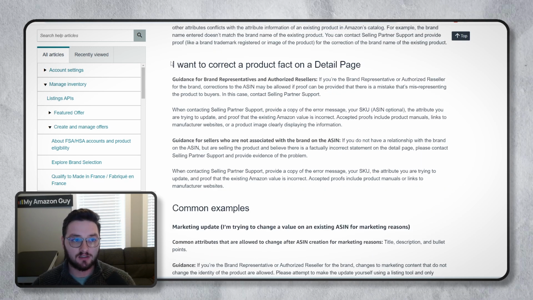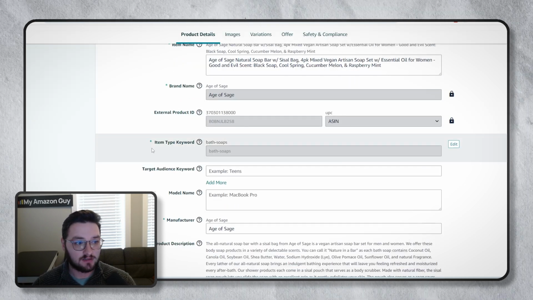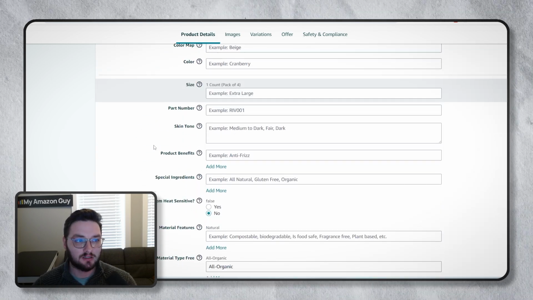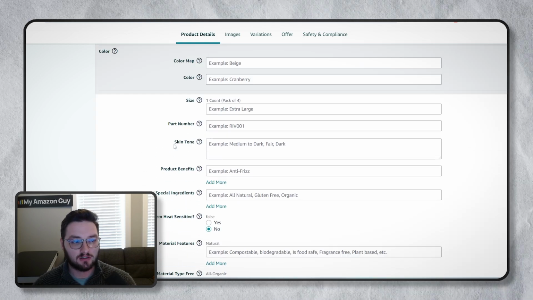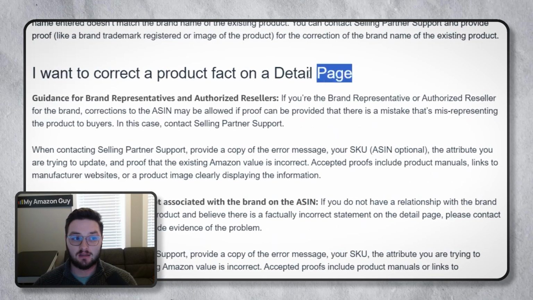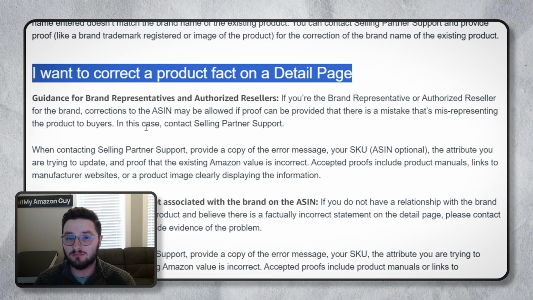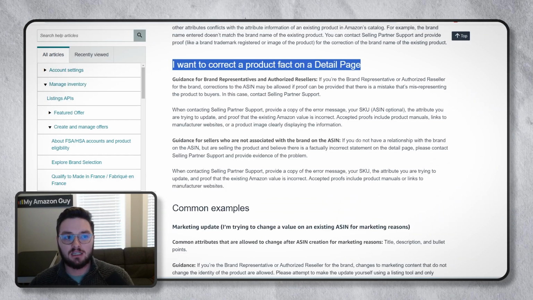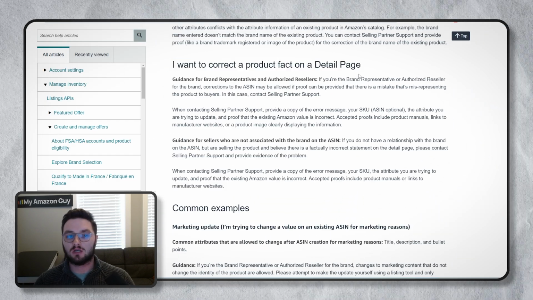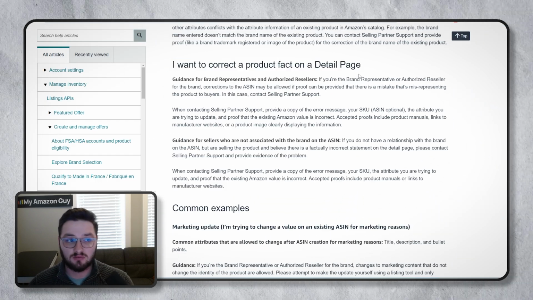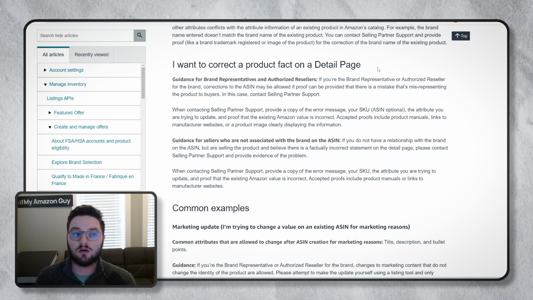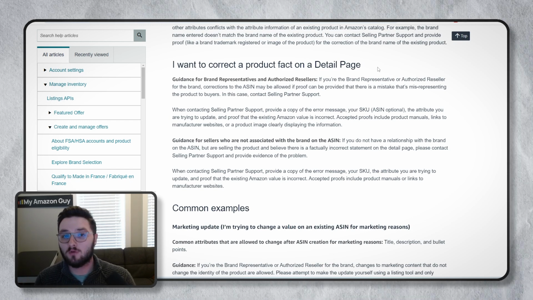Again, we have a few other areas, however, where this can be happening. One being that you want to correct something. Let's say, again, this scent. If we are trying to correct the color or the scent, but it's saying that you can't because guess what? It's already attached to that product. Well, in this scenario, you need to contact, again as a brand representative or owner, the seller support on Amazon